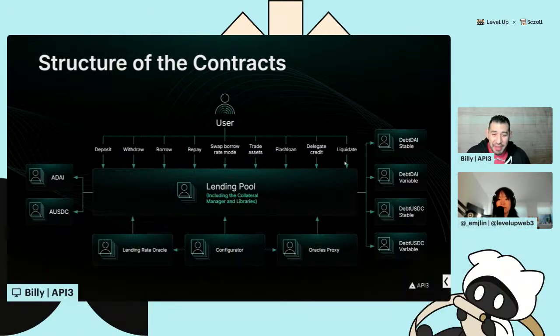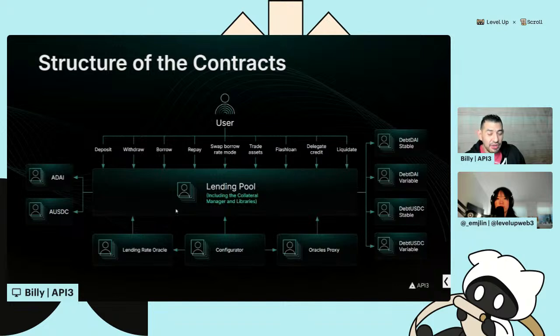But coming back to this chart of the way Aave works, okay, we know the aTokens, the interest-bearing ones. We know the debt tokens, right? We have the oracle, proxies, configurator, all this stuff we covered on the last one, that just gets deployed for you. You don't really have to understand it. The most important part, again, is the lending pool contract, right? It's where we deposit, we do our borrows, we repay, withdraw. Most important, liquidate and flash loan all interact with that same lending pool address. So this is what we're going to interact with all the time. This is most of the front-facing stuff.